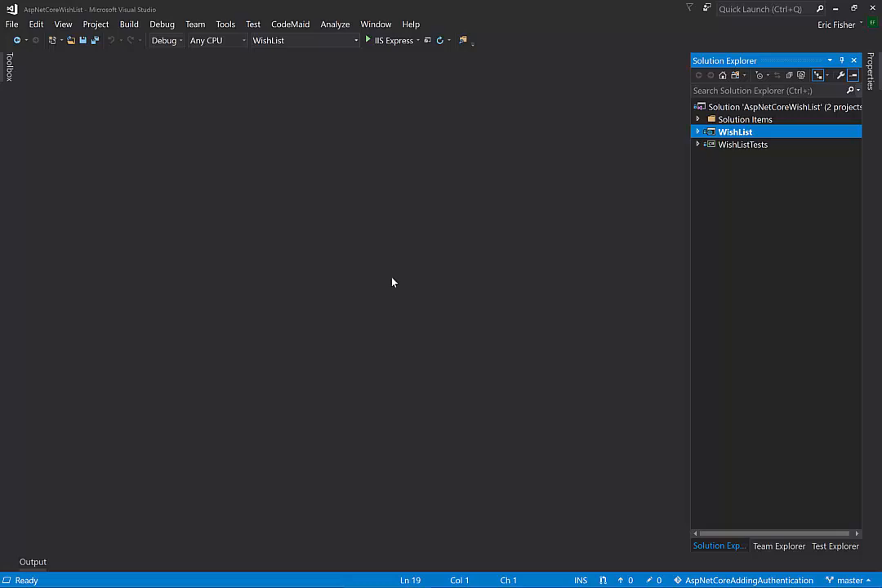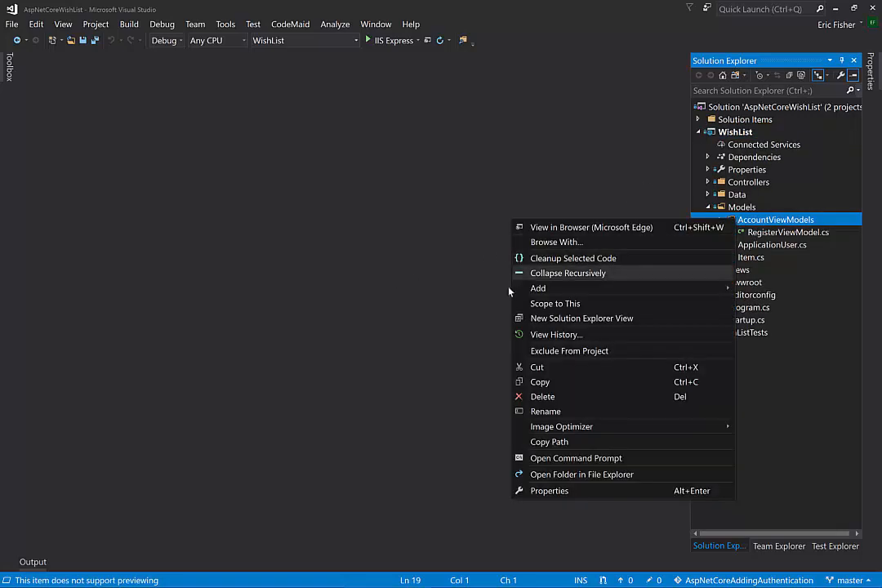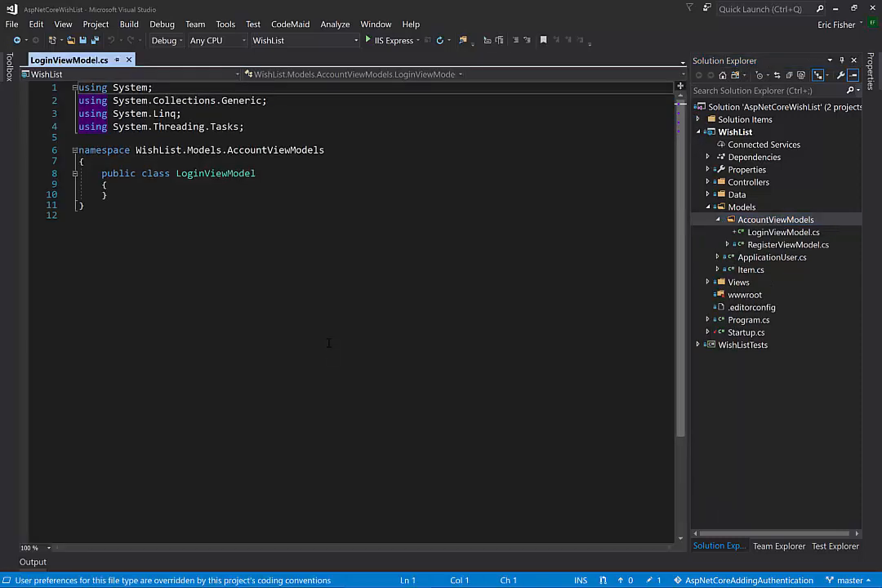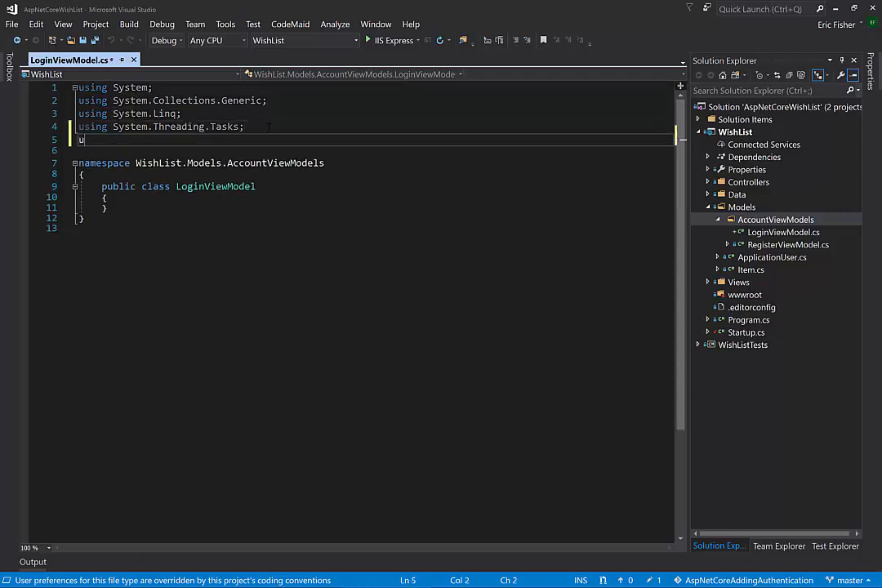In this step, we're going to implement our login functionality. We're going to start this by creating our login view model. We're going to need to go into the Models, Account View Models folder and create a new class, LoginViewModel. We will need to add a using directive for